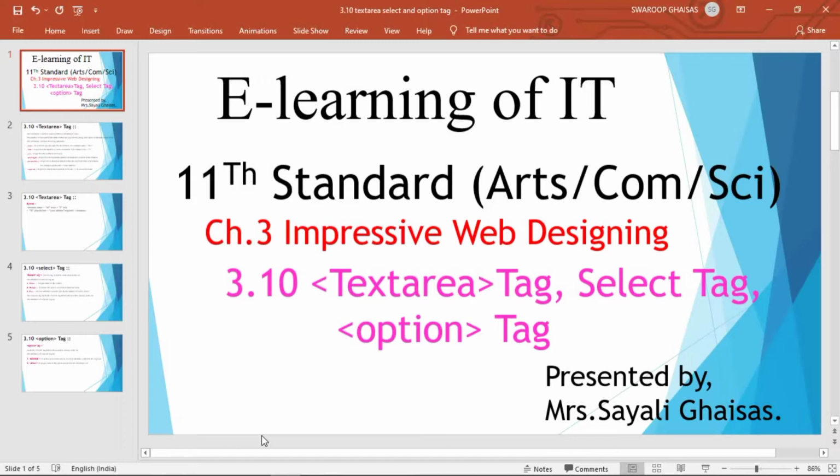In today's lecture we are going to discuss two more form elements, that is text area and select tag. The text area tag is used to create a multi-line text box. In the last lecture we learned how to create a single line text box, to take a single line input from the user. But if the input is multi-line, like an address or feedback, then we can use a text area tag to create a multi-line text box. Then to create a drop down list or list box control, we can use a select tag and option tag. So today we will discuss text area and select and option tag.